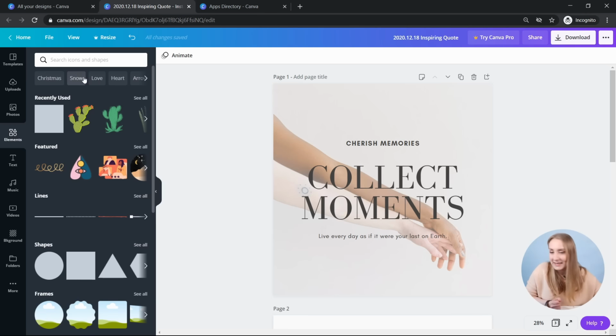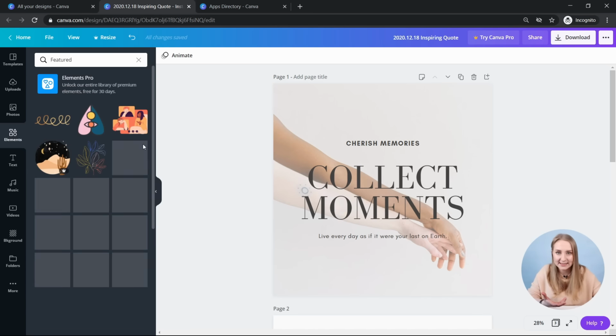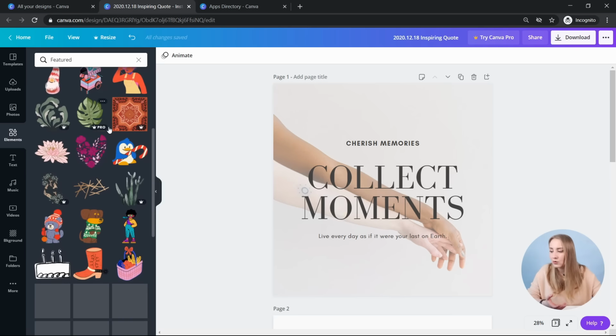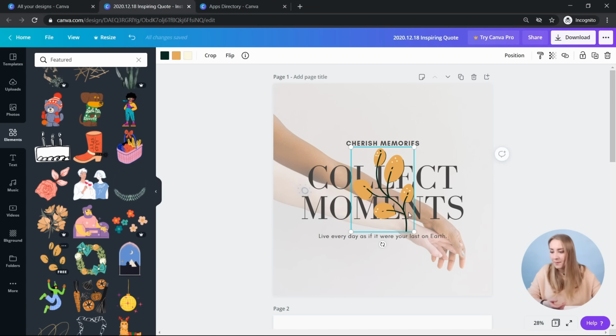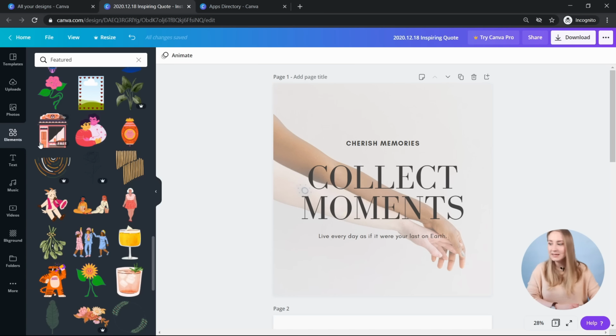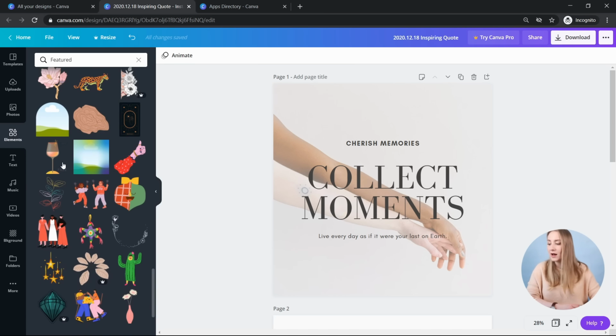Then you've got the Elements tab. In the Elements tab, again, it's another library of amazing elements. You've got the recently used, as with the photos. You've got the featured ones. This is something that Canva showcases if they've got an artist that they're showcasing at the moment. This is where you will go to get inspired. Some of them are free, some of them are Pro, but you can add them to your design if you want. Many of them are actually adjustable. So we've got different featured elements in here that you can view. They're really cool graphics.